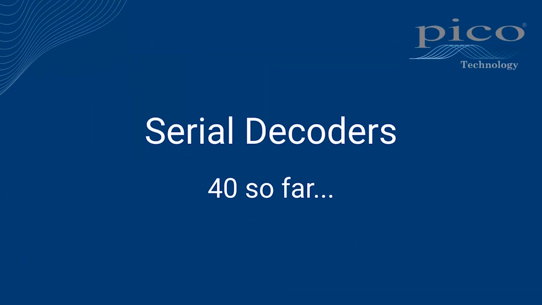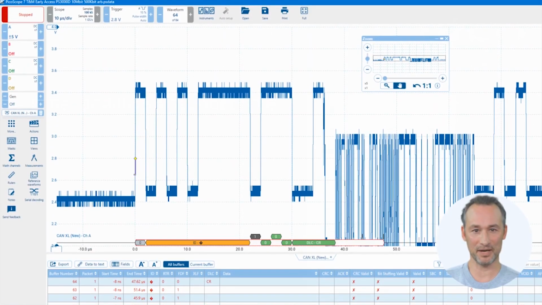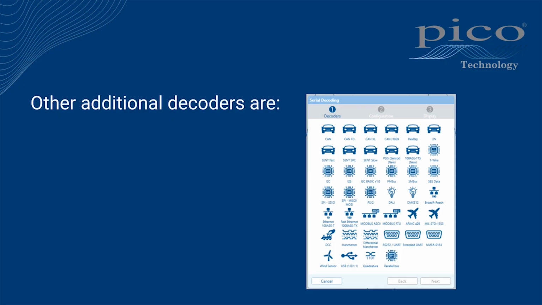Serial decoders. The number of serial decoders included with PicoScope has grown. 40 protocols are now included as standard. The most recent additions are CAN-XL, the third generation controller area network protocol, building on and supporting backward compatibility with classic CAN and CAN-FD networks. It is targeted at in-vehicle networks, connecting multiple controllers and sensors using a single differential mode bus. The other additional decoders are